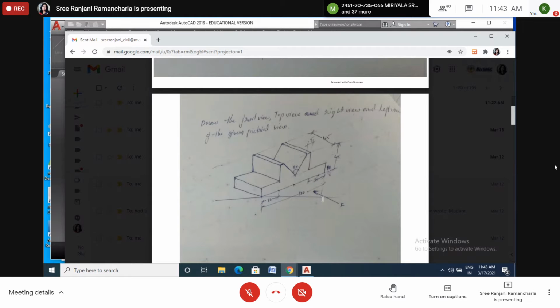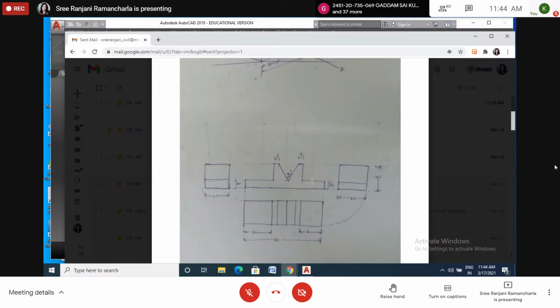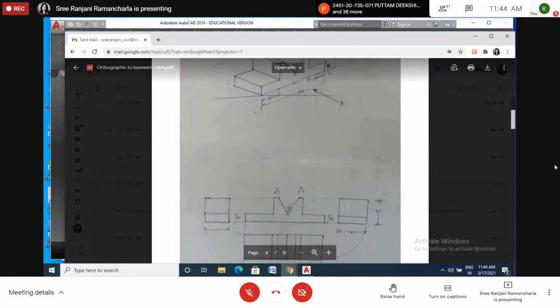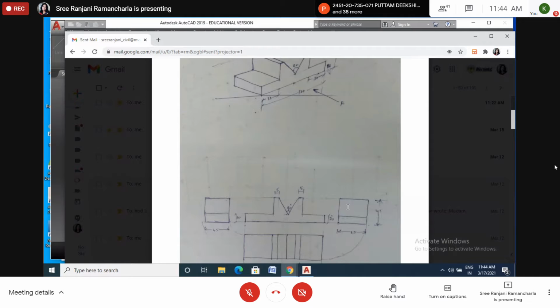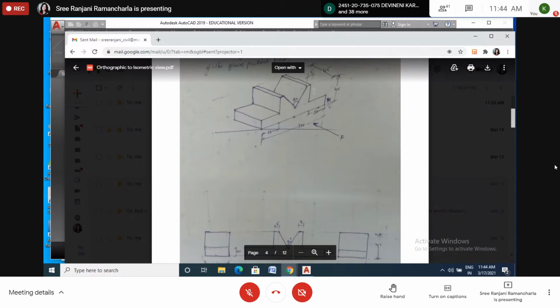Okay. Now this is the front view. F, I showed the arrow mark. So this one is what we are having. Okay. So we are doing the front view of all the sides. This is the front view as it is. We have drawn it. And this is the side view. Of course, both sides look the same, no change, because here the edge is there and here also the edge is there. Here I forgot to draw the line. Please draw the line. This line should be parallel to this inclined line. Okay, please draw this line.